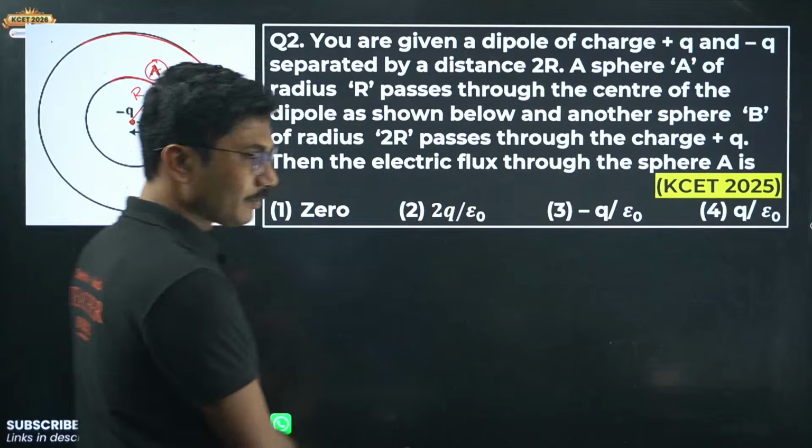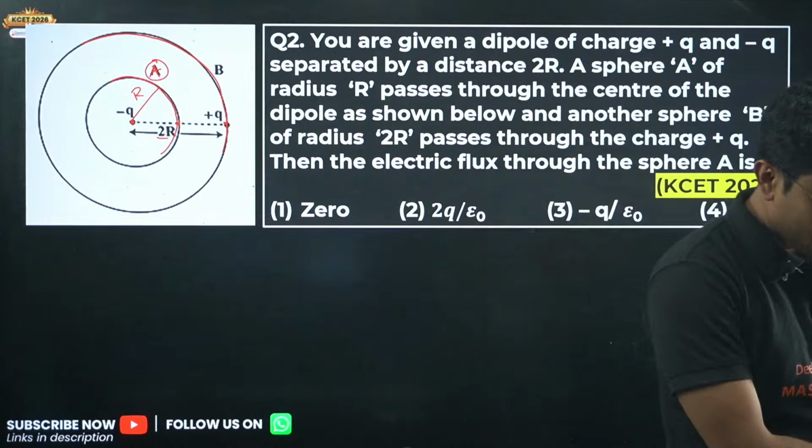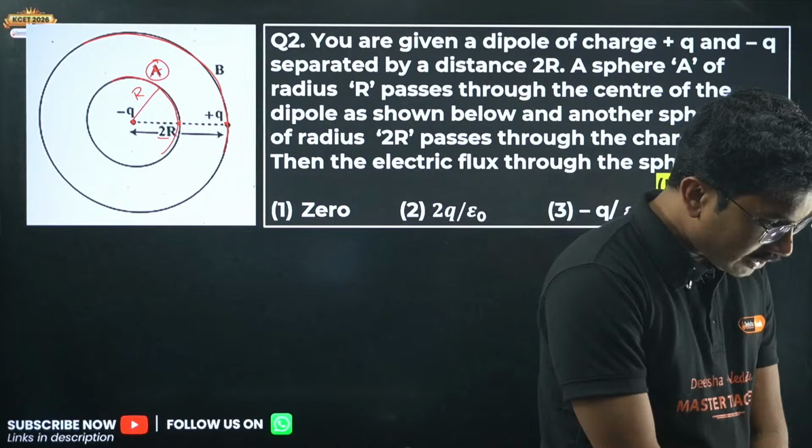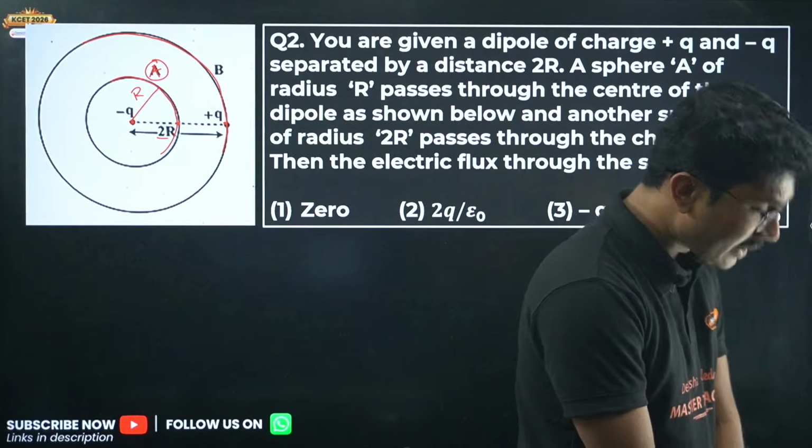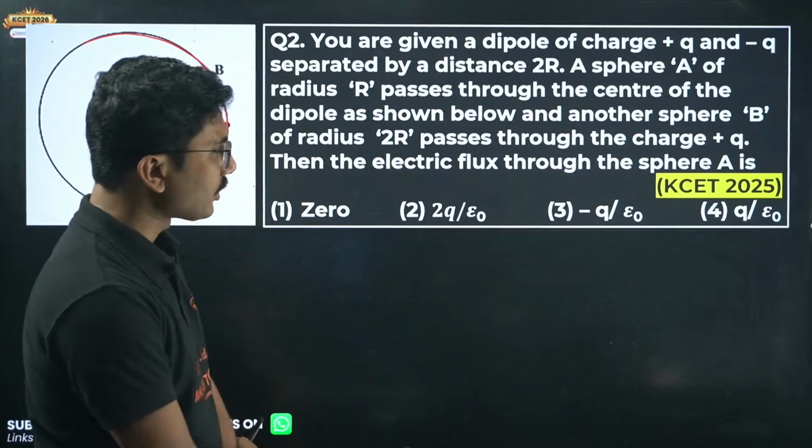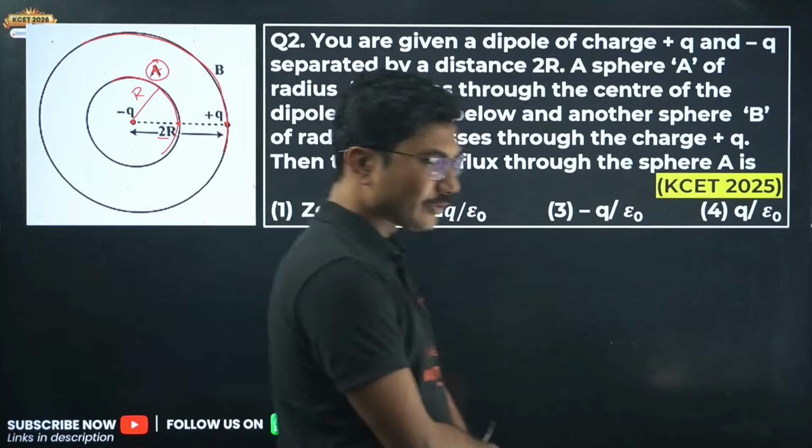So he is saying option A. Second is also saying option A. Manjunath and Manas are saying option A. Supriya is saying option D, that is option 4. Let's see. Anyone else want to try?